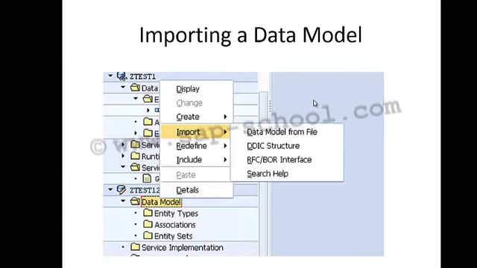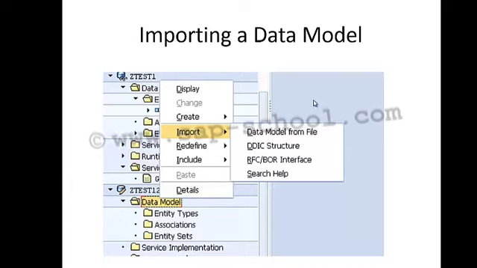And at last we have to ensure that the virus scan profile is active and selected as default profile in the SAP system. So these are the three prerequisites which are required when we are importing a data model from a file.